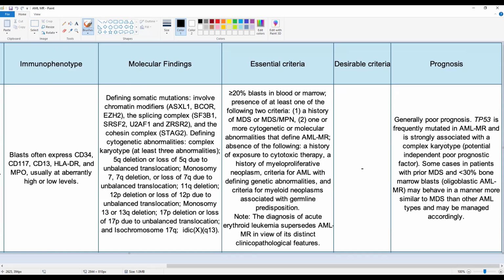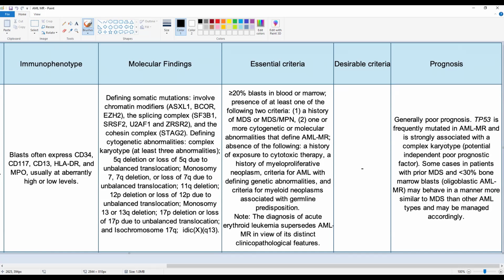TP53 is frequently mutated in acute myeloid leukemia myelodysplasia-related and is strongly associated with a complex karyotype, which could be a potential independent poor prognostic factor. Some cases in patients with prior MDS and less than 30% bone marrow blasts can be called oligoblastic AML myelodysplasia-related. These cases may behave in a manner more similar to MDS than other acute myeloid leukemia types and may be managed accordingly. This is supported by the fact that